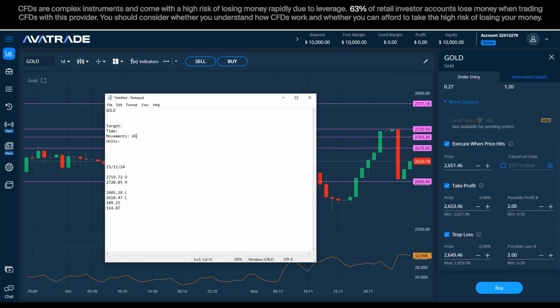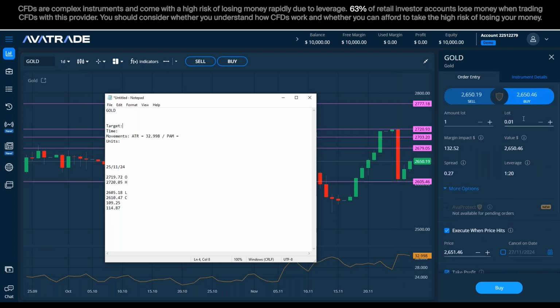So in here, I'm going to go and jot down ATR equals 32.998. And next to it, I'm going to write PAM for potential average movement, which is my version of the ATR, just adjusting it to make more sense to my target. And now, with this in mind, I'm going to set a target to help me estimate how much I can make on this position.